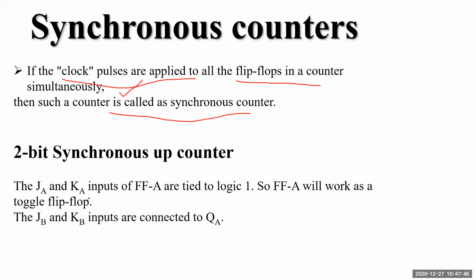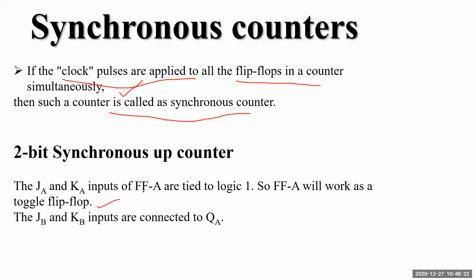We have studied that in the basic electronics. The same flip-flop can be modified from D flip-flop to T flip-flop, or T to D, or from JK to SR or SR to JK, depending upon the different kind of logics. So no need to worry about which kind of flip-flop you're using over here. So the JK flip-flop inputs for A are tied to logic 1. In this one, both J and K are connected to logic 1. So the first flip-flop will work as a toggle flip-flop. Whenever you short J and K, that JK flip-flop will become a T flip-flop. That is the basic which you have studied.